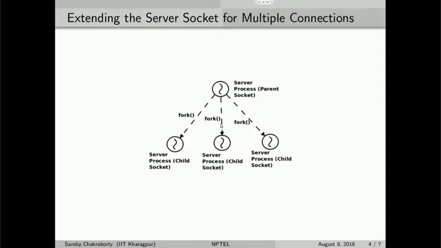That is why the idea is that whenever a new connection is coming, you make a fork system call, and after making the fork system call, you have a child process. That child process is a part of the server process, but it will create a child socket. We have seen that after you make an accept call at the server side, it returns a new socket identifier which is used to send or receive data to the client. So, you pass that new socket file descriptor to the child socket